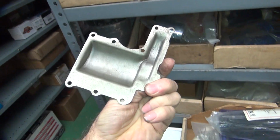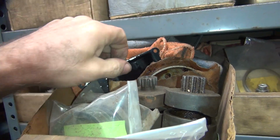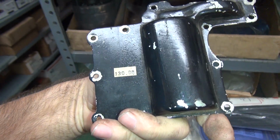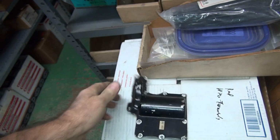There's your transmission top for a 37 to 40 tranny. The 41s are a lot bigger. Here's your brand new 41 style lid. $130. That's because it was on top of a brand new transmission case. So